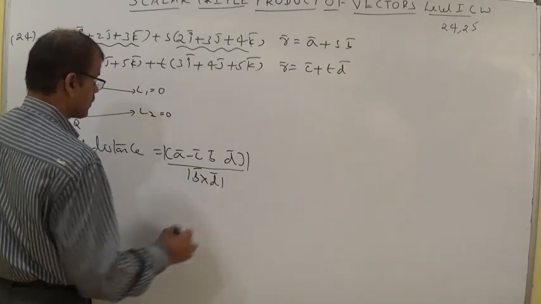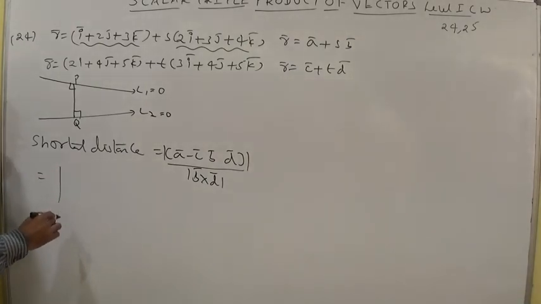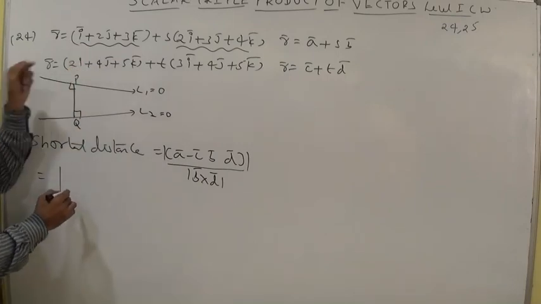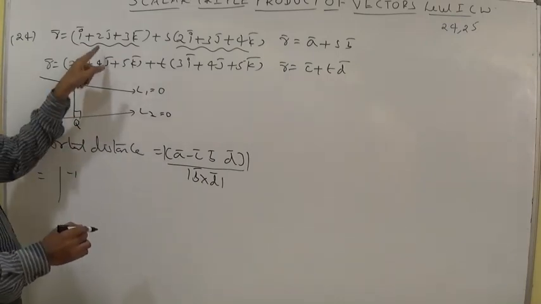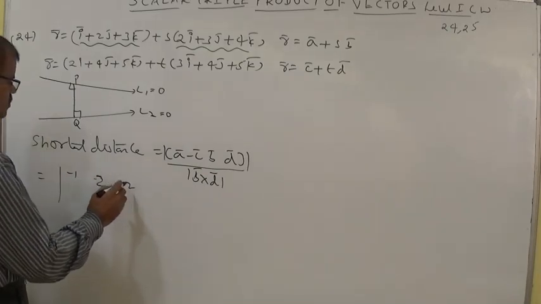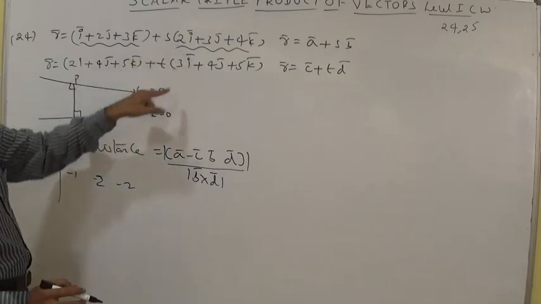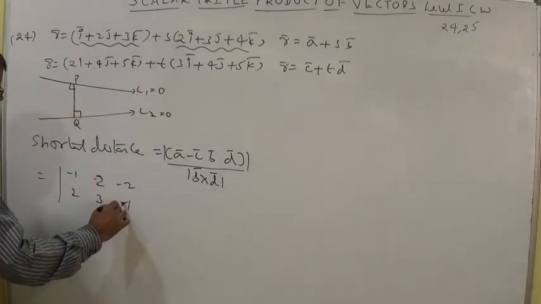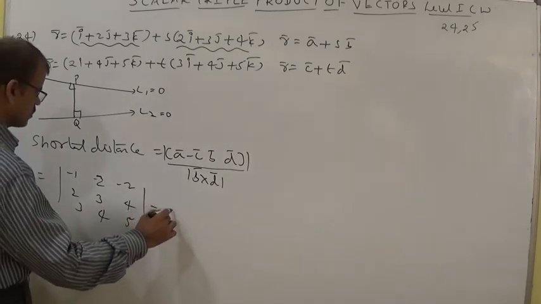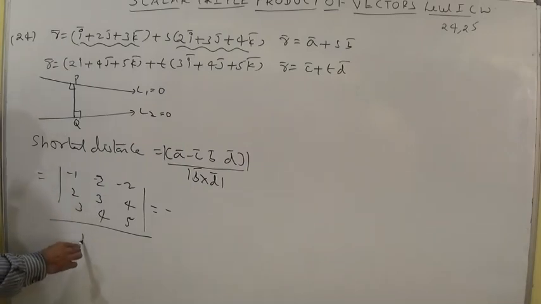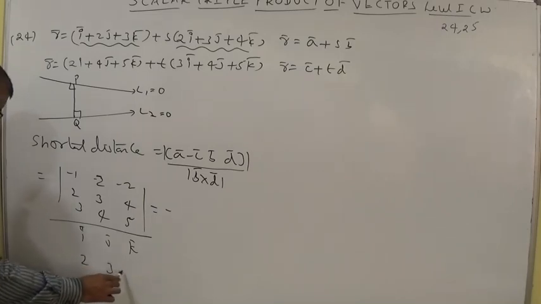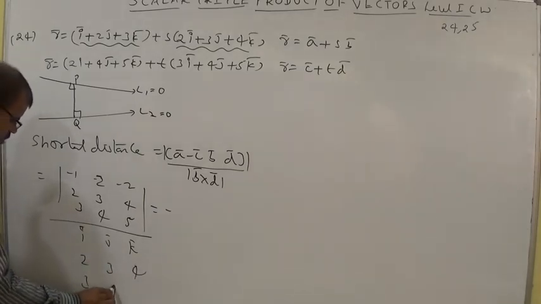So now this is a, this is b, this is c, this is d. a minus c: 1 minus 2 is minus 1, 2 minus 4 equals minus 2, and 3 minus 5 is equal to minus 2. Next, b and d, write directly 2, 3, 4 and 3, 4, 5. I am also writing b cross d here, with i, j, k, and 2, 3, 4 and 3, 4, 5.